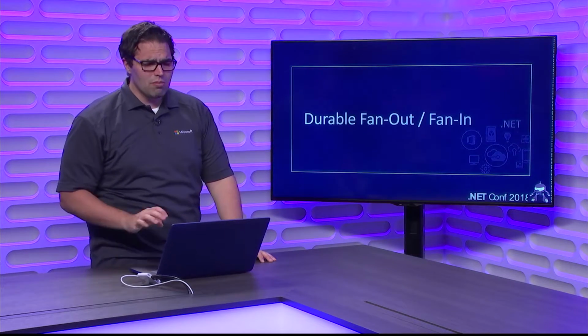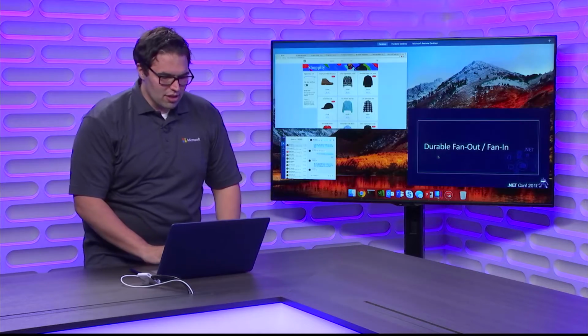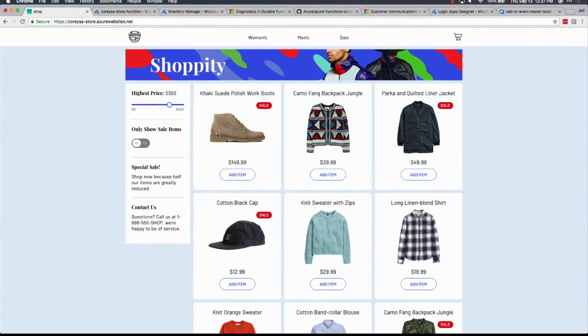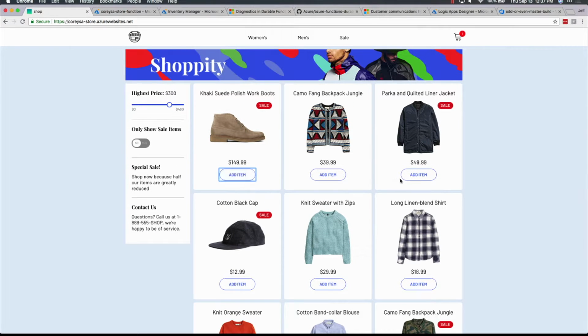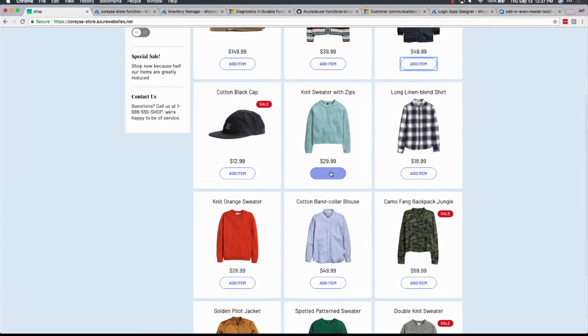All right, so let's show one more demo. Now this one is a little bit different. What I have here, and I've teased this one already, is a website. It's actually powered by serverless functions. This was created by one of the cloud developer advocates, Sarah Drasner, who is a rock star, I will say. I'll take every excuse I can to say she's a rock star.